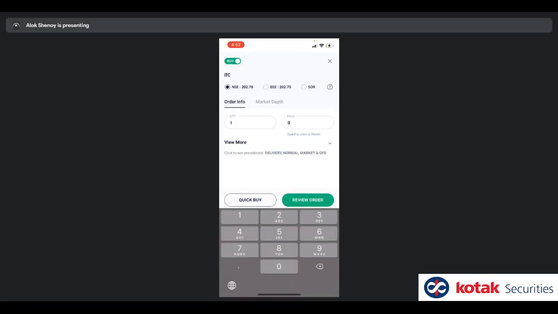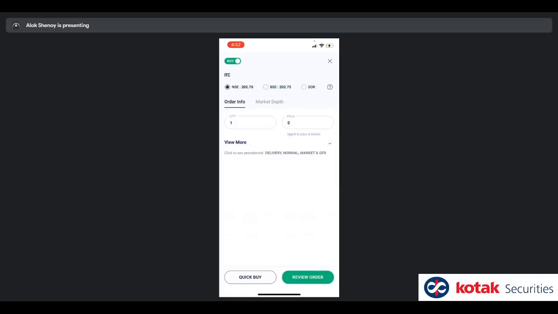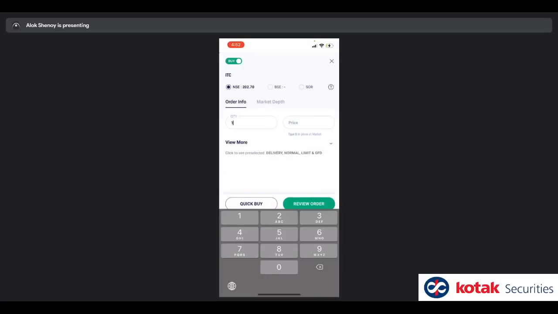All right. Now this looks like a very reduced form, right? I mean, it's not giving you all the options you want. A lot of traders would prefer to have a lot of options, but a few people who are investors, novices, would prefer to have fewer options. So we're saying that we have by default selected delivery, normal, market, GFD, for example, here, because I've typed in 0. I'm going to cross this. I'm going to go again so that the price gets pre-populated. You can see it's now delivery, normal, limit, and GFD.